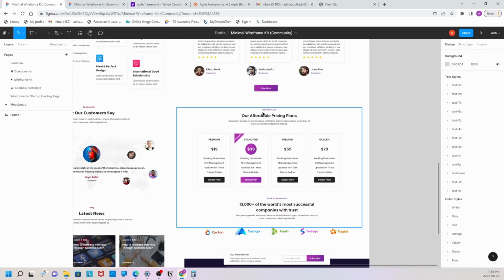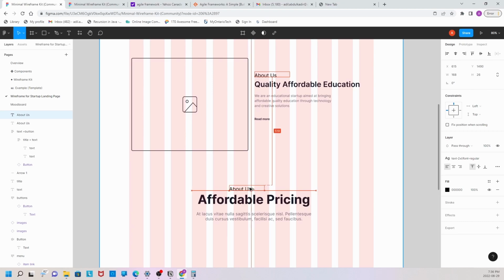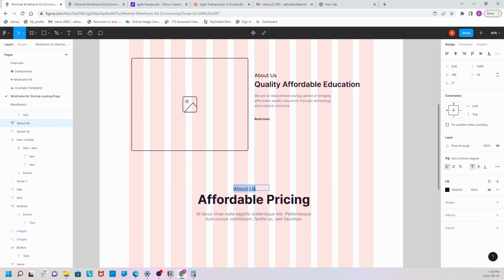On our mood board, we can see the smaller header up top. So we can get that by going to the About Us section. I just realized that there was a little space, so I removed that. And if you press on Alt and drag down, you can duplicate that easily. And we can replace this with pricing plans,